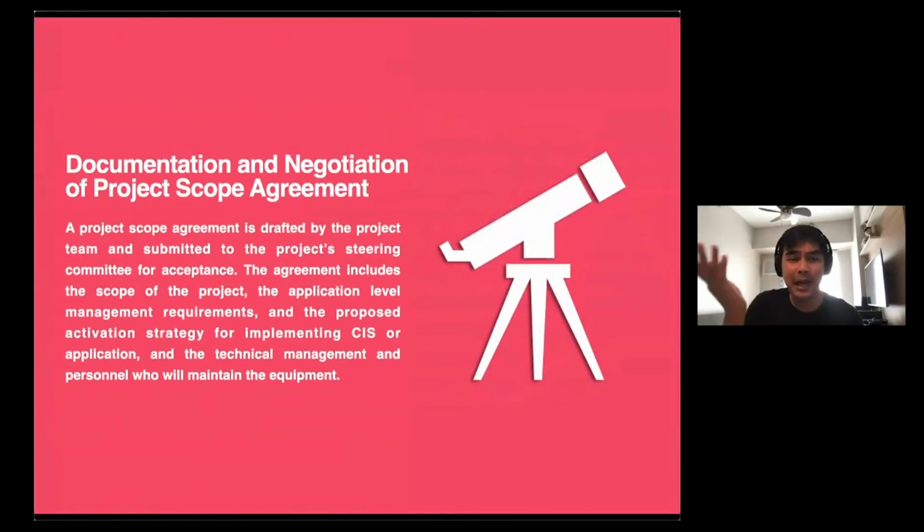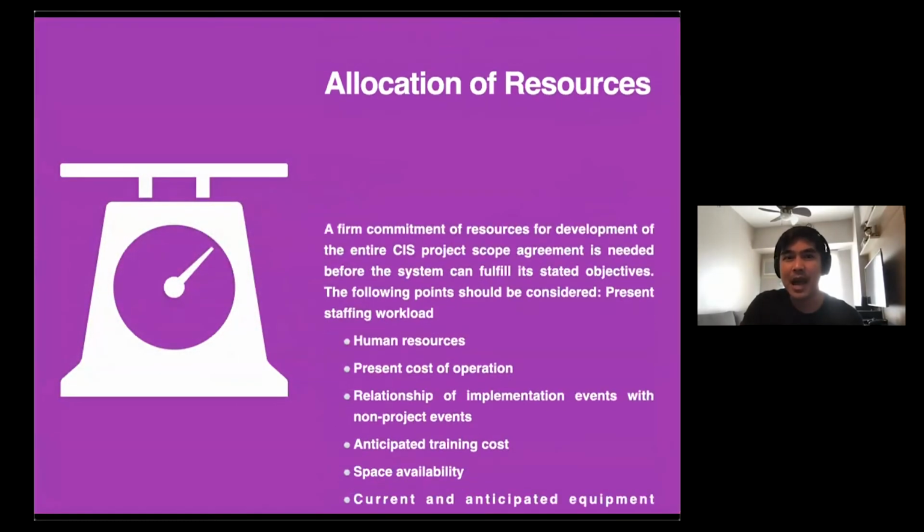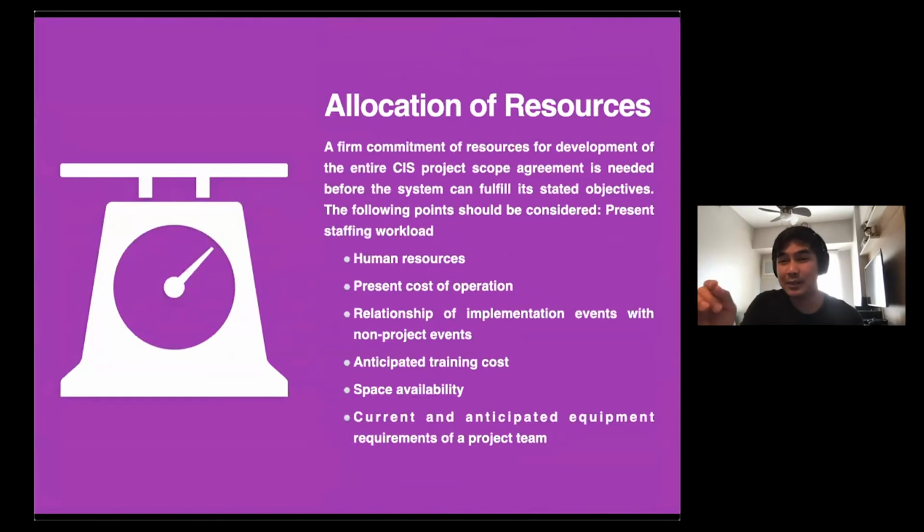Number three is the negotiation and project scope agreement. Usually third-party developers, because most of the hospitals, they don't have their own capacity to develop the clinical information system. So they look for a company that can help them develop that clinical information system hanggang dun sa tinatawag nating budget planning. And in budget planning, we allocate several resources. Okay, so that is the planning phase.